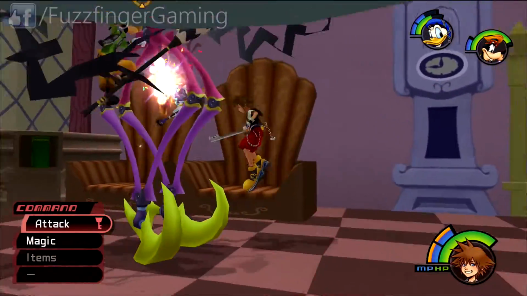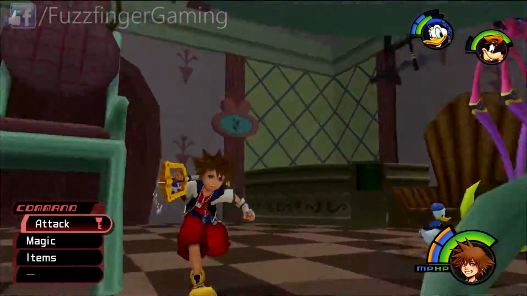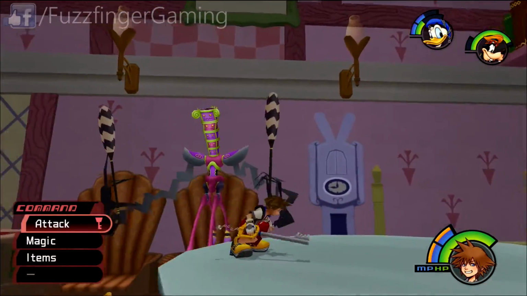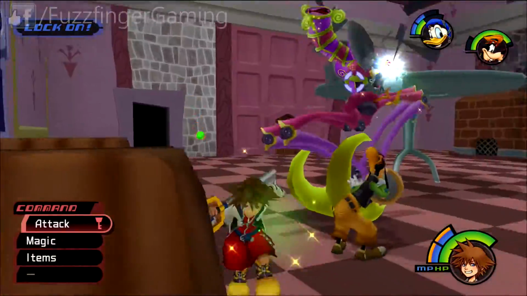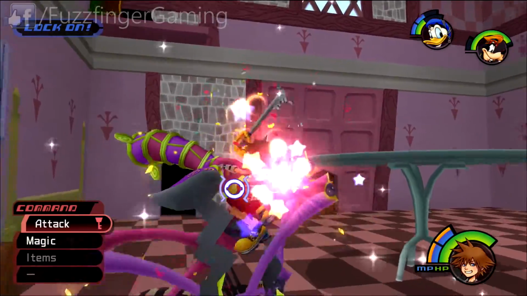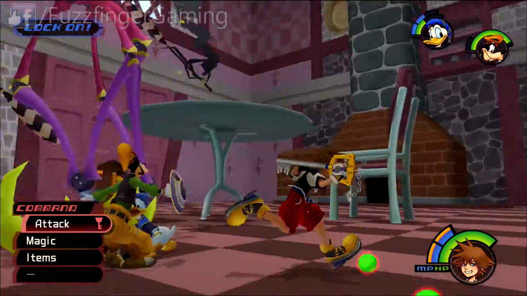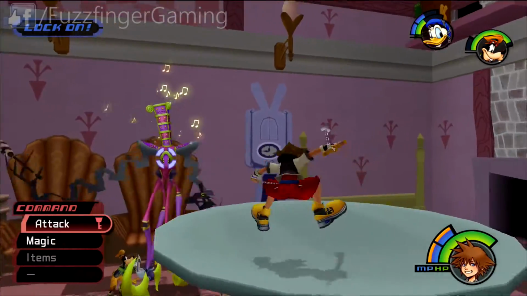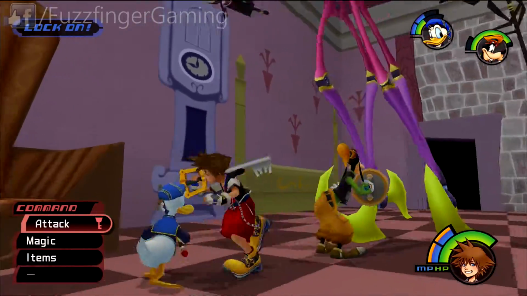And just keep an eye on your friends' health, since they are going to be taking the brunt of the damage. And when he goes down, make use of that opportunity to hit him as much as you can. And then as soon as he's up, start attacking him from up high once more. It is possible, by the way,